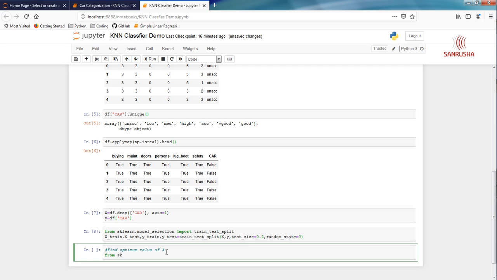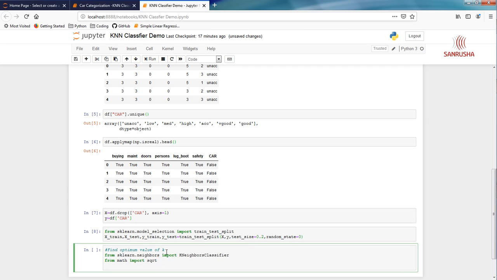From sklearn dot neighbors import KNeighborsClassifier. From math import sqrt, square root.